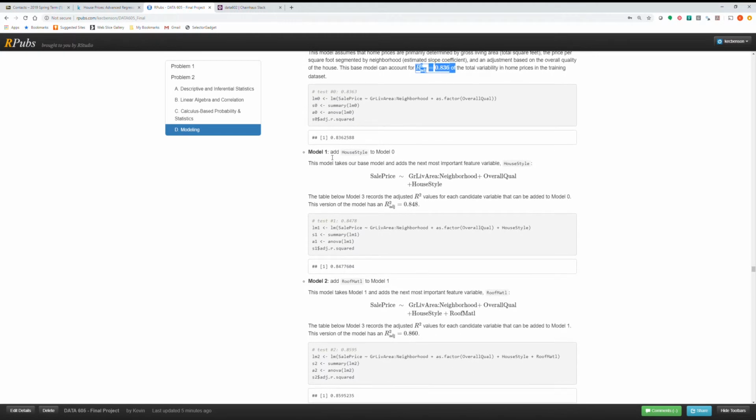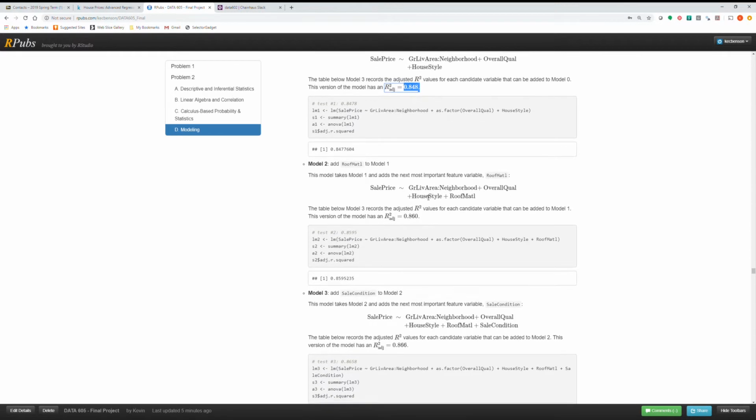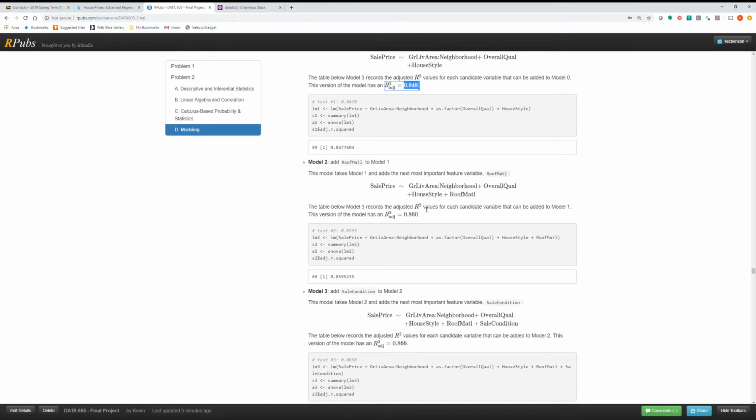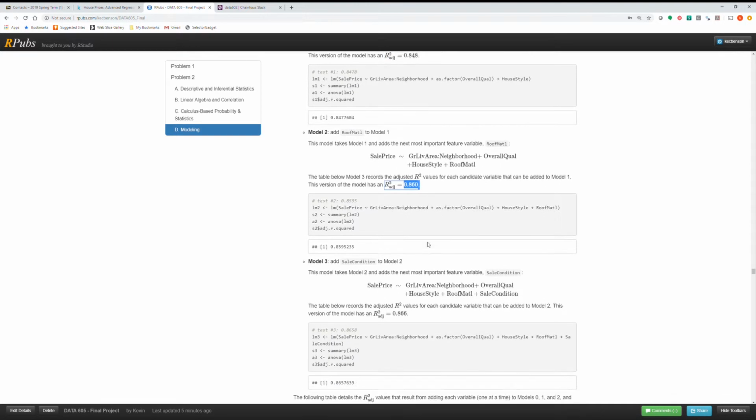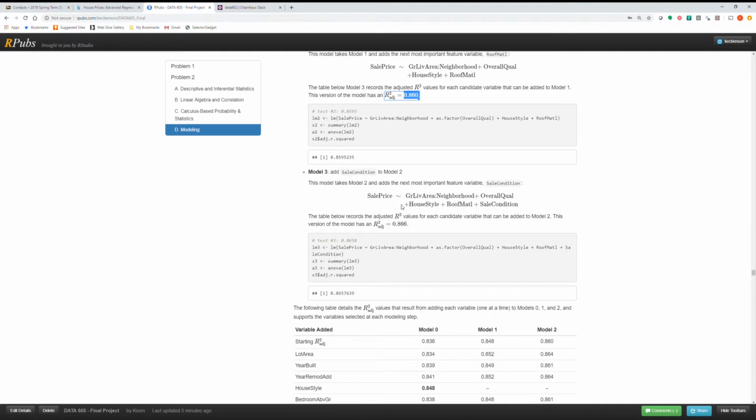In model 1, I added house style. That increased the R-squared to approximately 85%. Model 2, I added the roofing material variable, which increased the R-squared to approximately 86%. And then in the final model, model 3, I added sale condition to the model, and that increased the R-squared